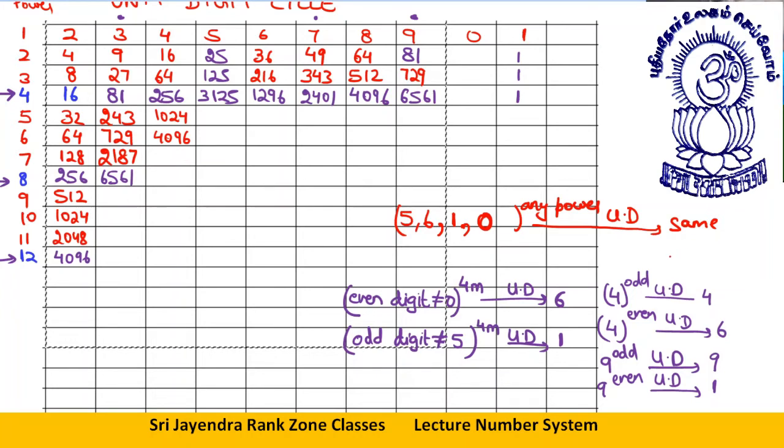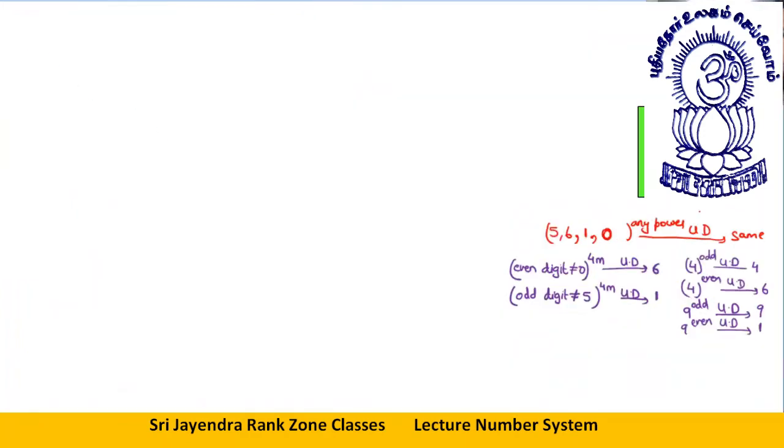Okay, dear students, let's move ahead now. So now let's take a few questions. We have discussed the basics, all the things I have written over here. Find the last unit digit of 2 raised to power 35. I need to find this. How will I calculate 2 raised to power 35? What will I do, dear students?